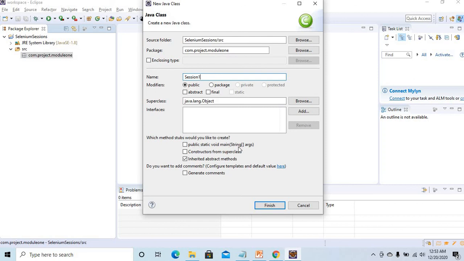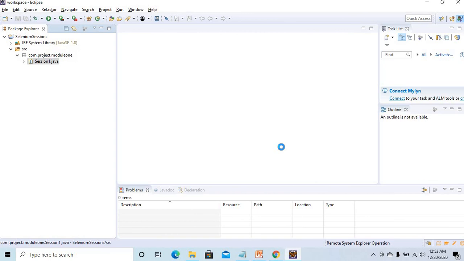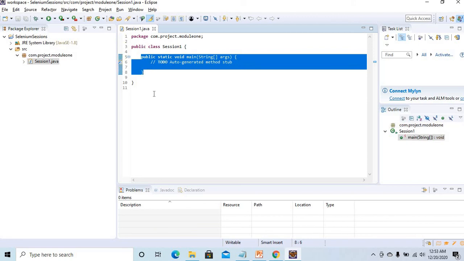So we need a main method to execute our Java code. Of course in future we don't use it, but for the time being just make a note that we need to check this one. Once you check this particular checkbox, public static void main, that particular method is automatically created in your Java class. Let's finish it. See, this particular method is automatically created.